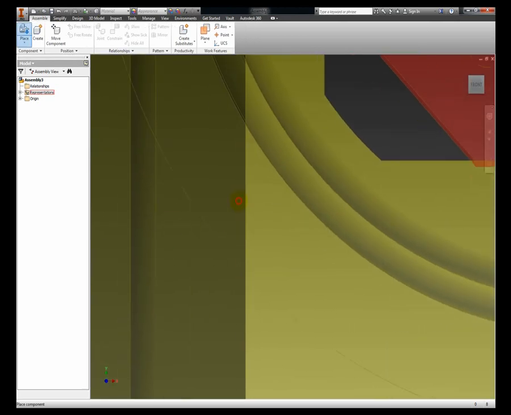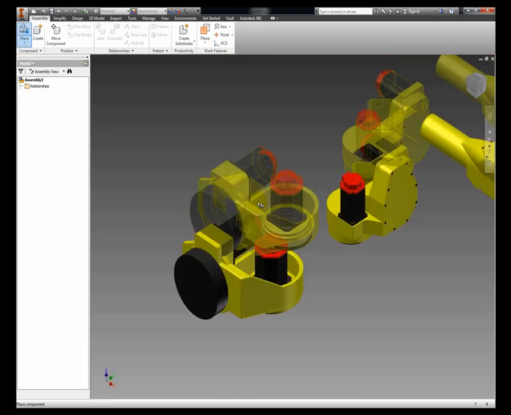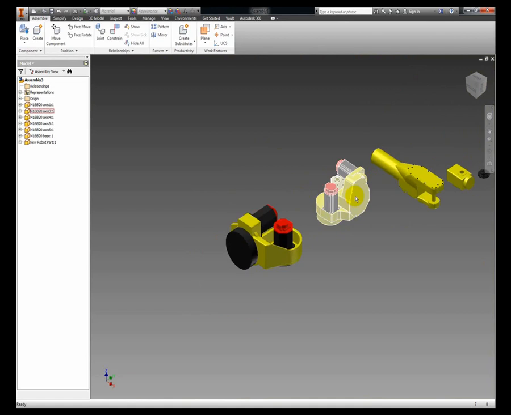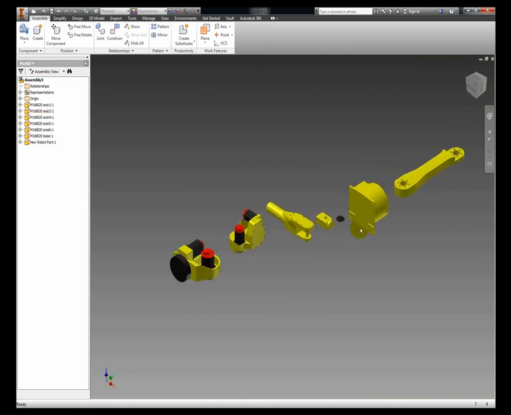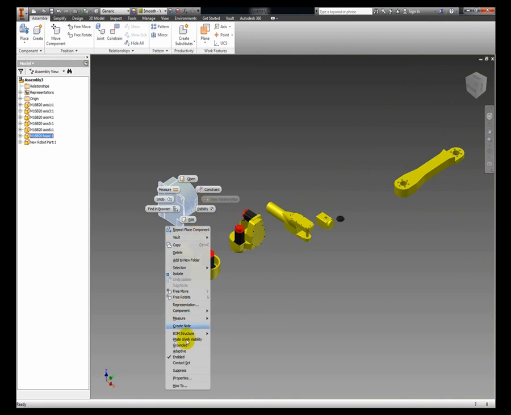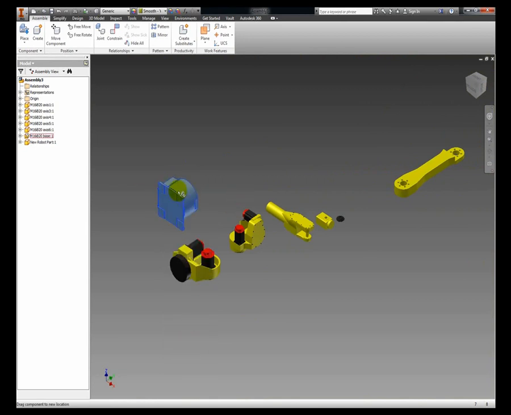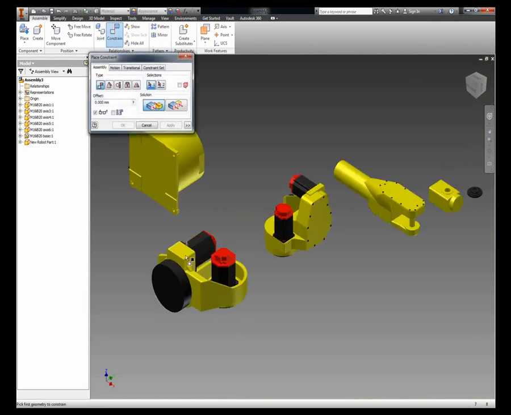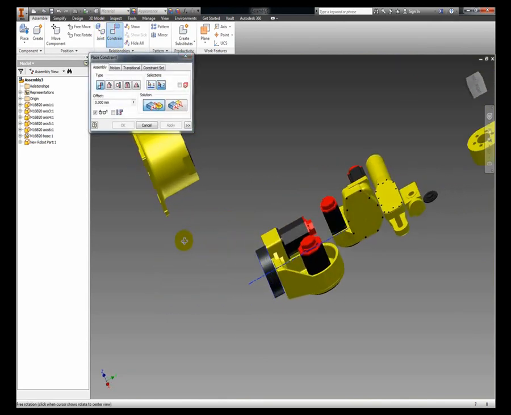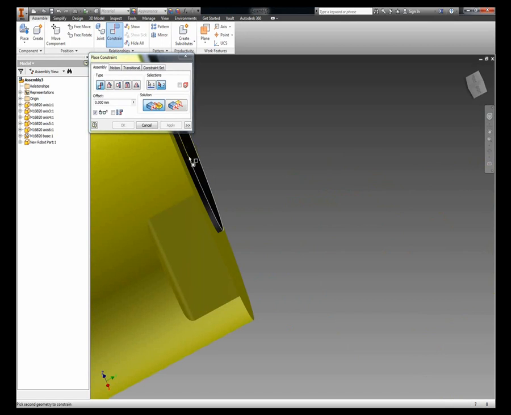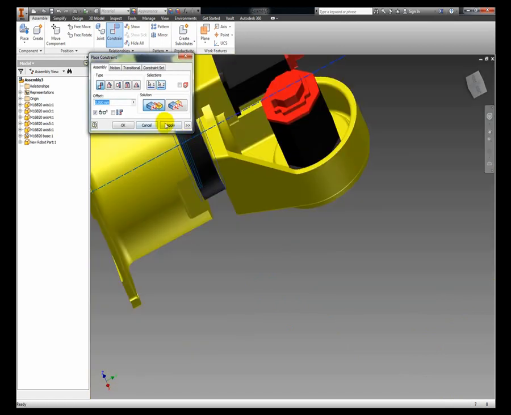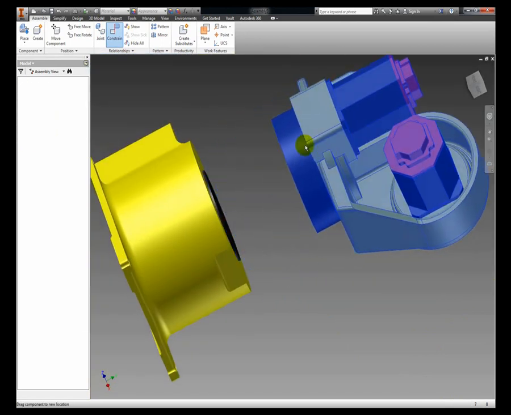Now you'll notice when I'm putting this together, this is quite a basic representation of a robot. It's not a fully detailed version, but for this example it's absolutely fine. So let's just ground the base here, just so it doesn't move. Once the base is grounded, we can just start adding some constraints. So let's just add an insert constraint here and here, or sorry, a center point mate or a center line mate to align them up,